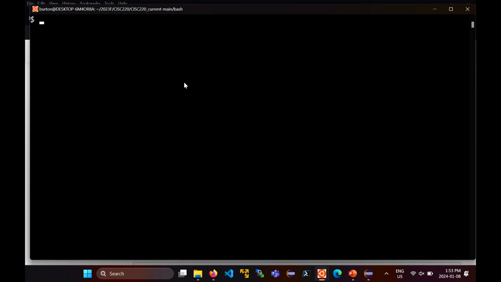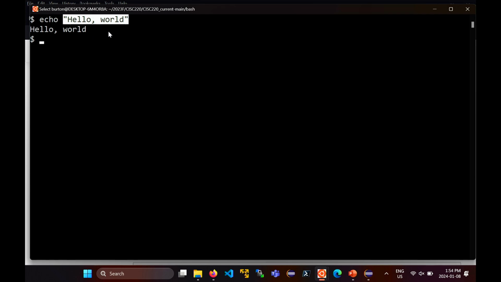And so what the shell does is it sits here. It listens for the user to type in commands, and then it waits for the user to press Enter. So if I type in that command that I just typed in, which was echo, and then hello world, when you press Enter, the shell interprets what you typed in. So it looks at that and it says, okay, what's the user trying to do? It looks like they're using the echo program, and they're passing in the string hello world to the echo program or command. And so the shell runs the echo command and passes it hello world.